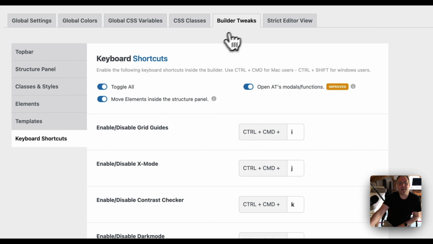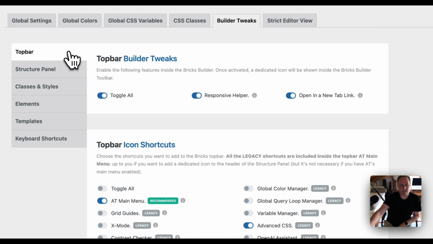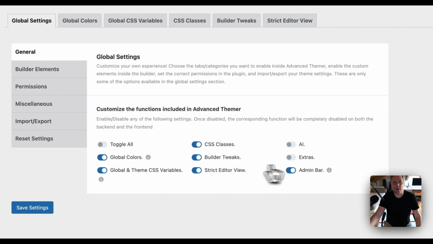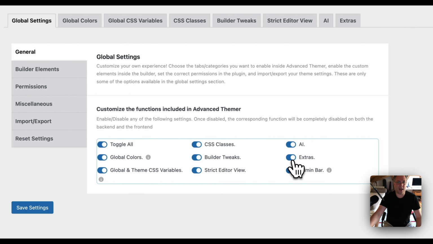Okay, let's go to the builder tricks really quick, because you can use a strict editor view. It's not related in any way to the frameworks. You can use the AI. It's not related with frameworks either, right? So the main focus, the main competition, let's say, from a framework and Advanced CSS is on the CSS side